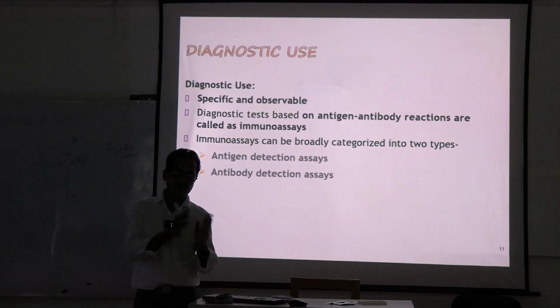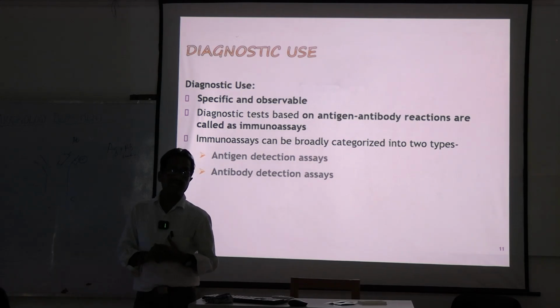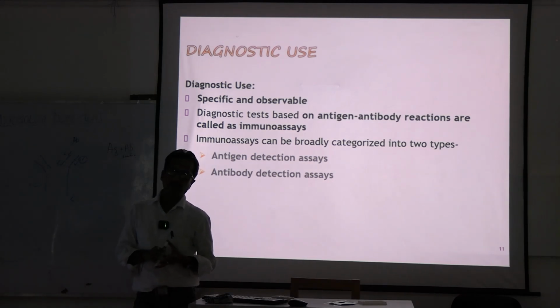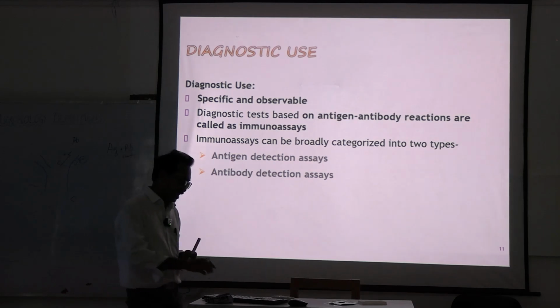So two types: either you detect antigen, like immunoassay in dengue. In the first 5 days, what do we detect? In the first 5 days we detect NS1 antigen. Then, if we do the ELISA, we have to detect binding antibody. After 5 days, we should go for detection of IgM antibody. There is a specific term, MAC ELISA or IgM antibody, I will come to that later. IgM antibody capture ELISA detects the dengue IgM antibody. So either you can detect antigen or we can detect antibody.